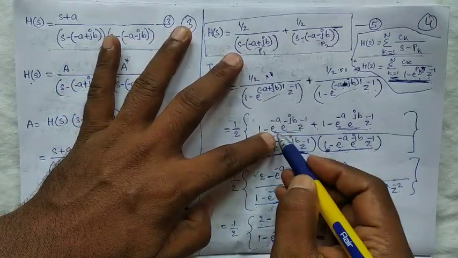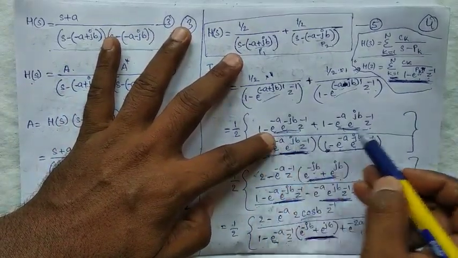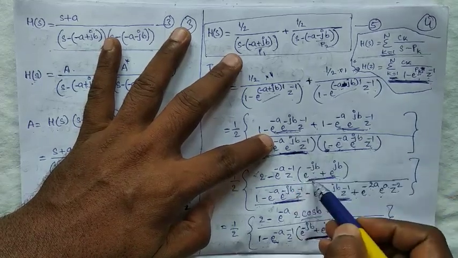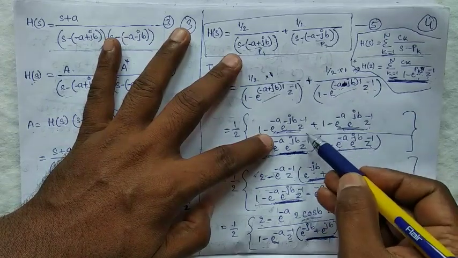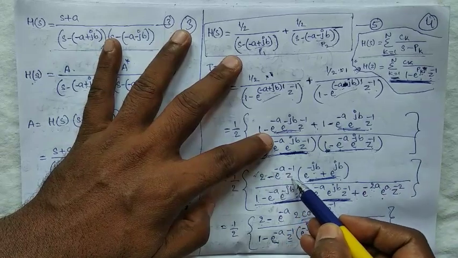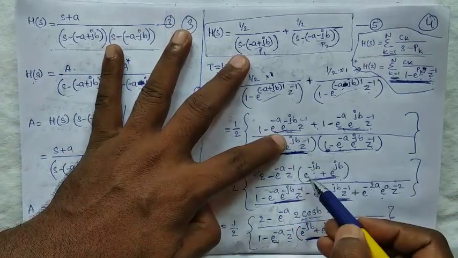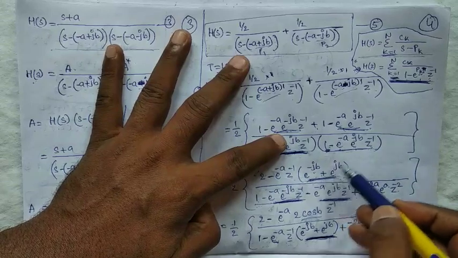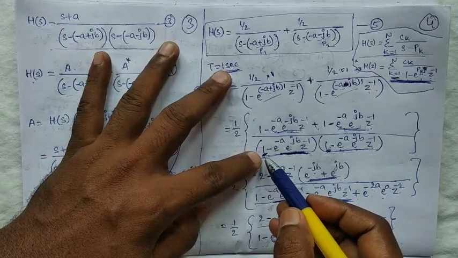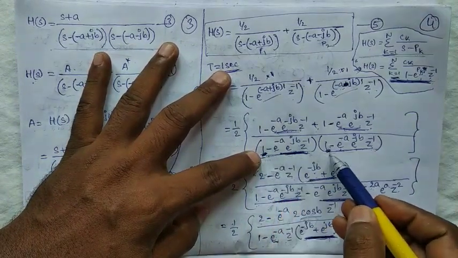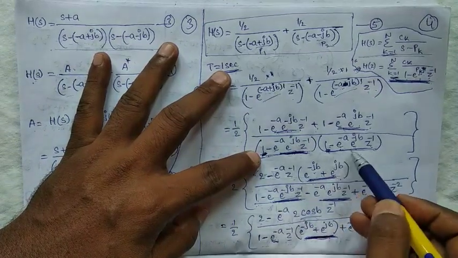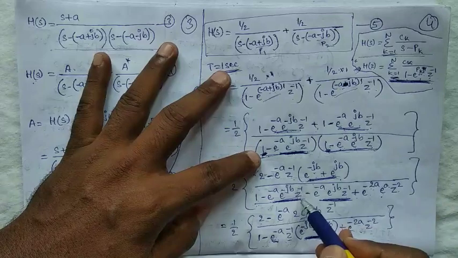Here in these two terms the common factor is e power minus a z power minus 1. Here the remaining term is e power minus jb in this term, plus. Here we are taking minus in these two terms, minus e power minus a z power minus 1. The remaining term is e power minus jb plus e power jb. Here divided by, we are multiplying this 1 with this total term, meaning 1 minus e power minus a e power minus jb z power minus 1.